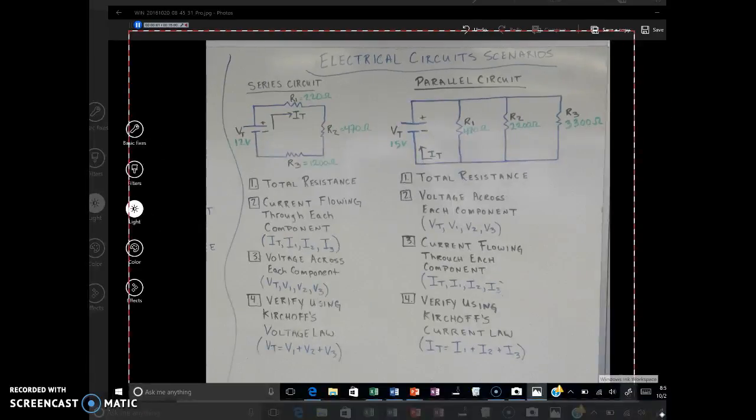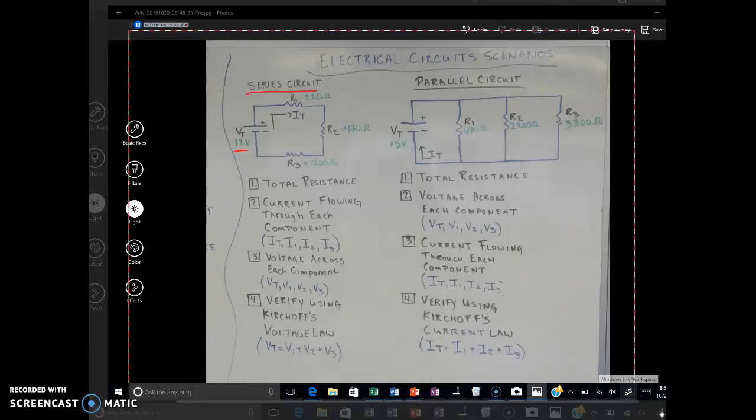So there's two scenarios presented. One's a series circuit, one's a parallel circuit. Now I'm going to go through these, and then you're going to get a chance to actually work on some practice problems yourself. Our first scenario is a series circuit, and it presents a 12-volt power source